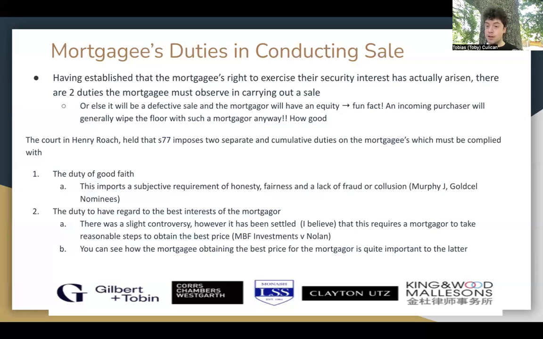An incoming purchaser from the mortgagee, sorry, even if there's a defective sale and the mortgagor has an equity, they'll wipe the floor with the mortgagor. So the mortgagor is pretty hard done by. What they can do, and you'll learn this later, this is great,